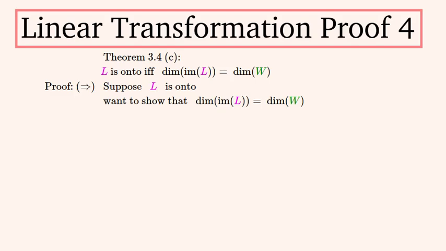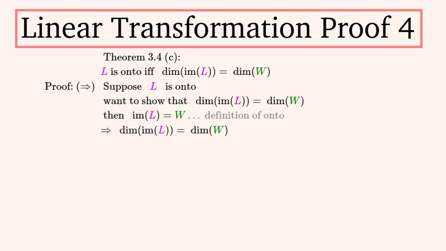And now to prove part C. This was left as an exercise for the reader, maybe because the proof didn't fit in the textbook. So I've tried my best to work something out. We'll do the forwards direction first, which is really easy. The definition of onto is that the image of a function must be equal to its codomain, so we'll write this down straight away. And so obviously the dimensions of these vector spaces must be equal,